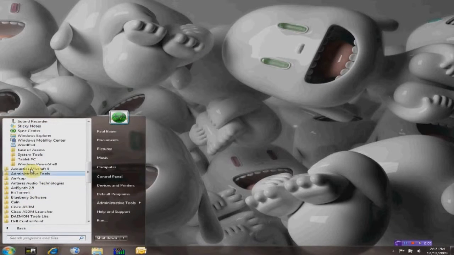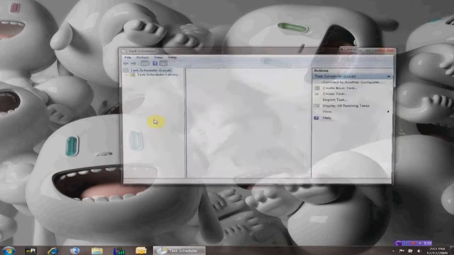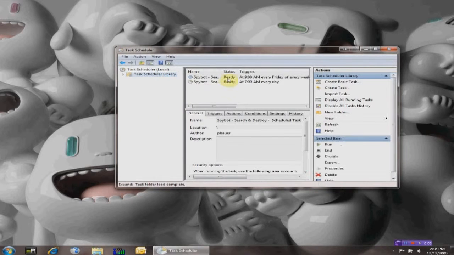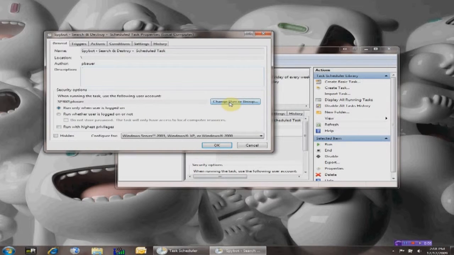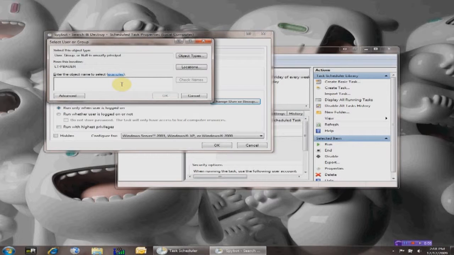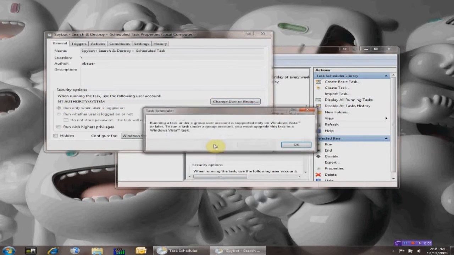One little thing that I like to do, and I think I mentioned it in the last episode with scheduled tasks, is I like to go to all programs, accessories, system tools, and task scheduler. See if it'll let me do this here. All right, we'll click on properties. I like to change the user for scheduled tasks to be system. Okay, and the reason why I like doing that for NT Authority system,